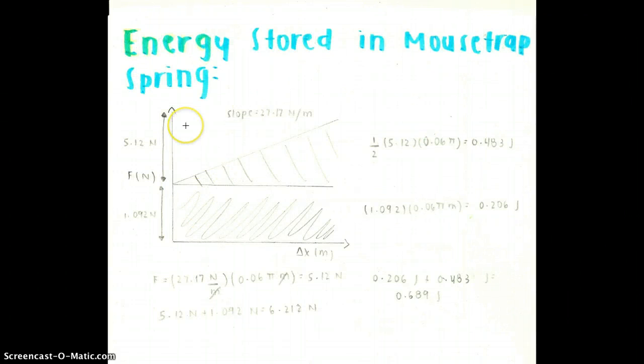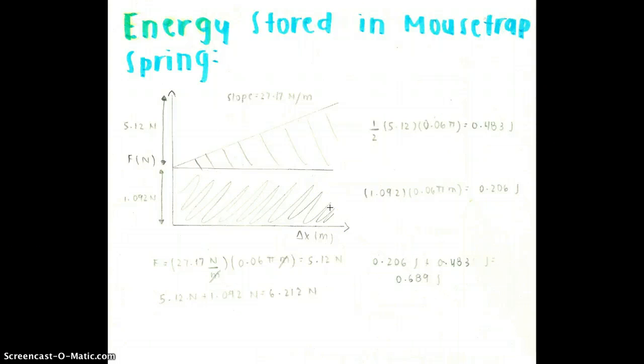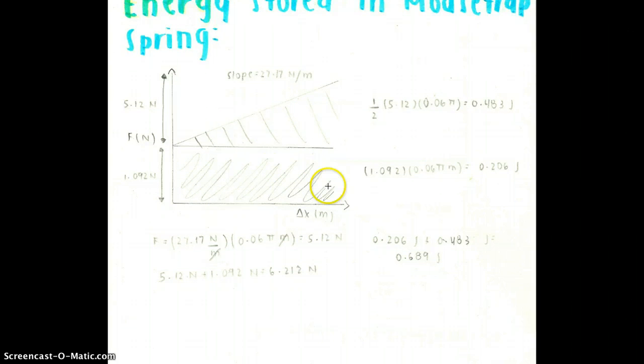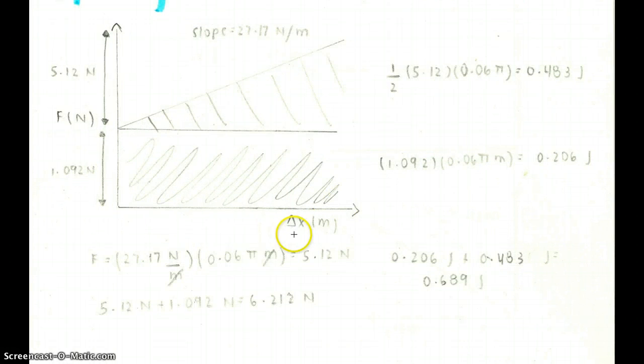And this is a rough sketch of the graph that we got from the Trojan wheel. To find the spring constant, we had to find the area under this graph. So we split it into two parts, this rectangle and this triangle. For the rectangle, to find the area, it's base times height. The height is 1.092 newtons, and the base is 0.06 pi meters. So 1.092 times 0.06 pi is